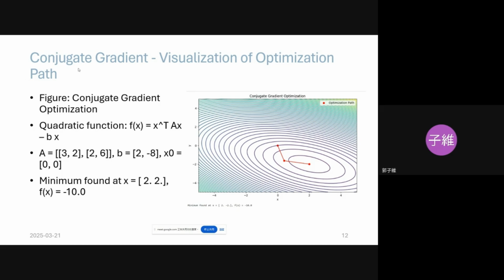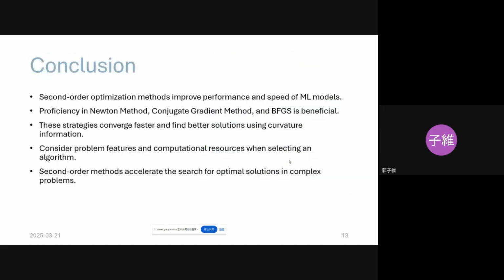The setting is as such, and the first guess is the dot in the middle. The first step it took is right here, and the second path it took bends lower and lower to the optimal point, which is at the coordinate 2, 2, and the value is negative 10. So the conclusion is the second order optimization improves performance